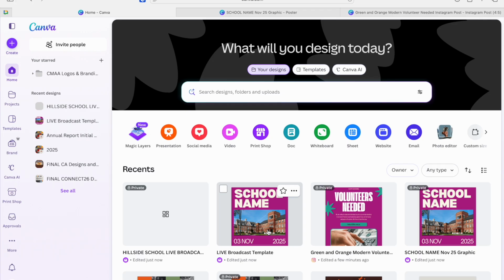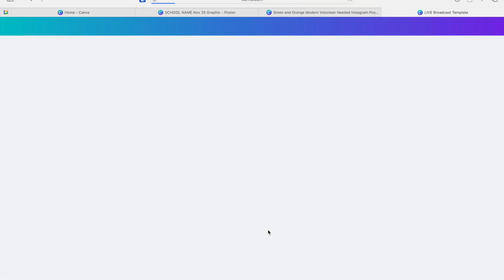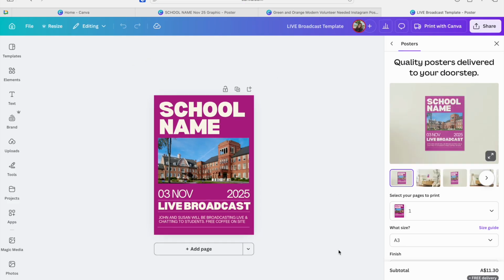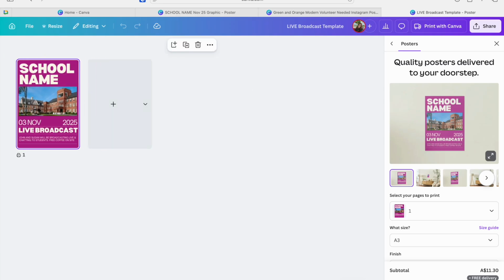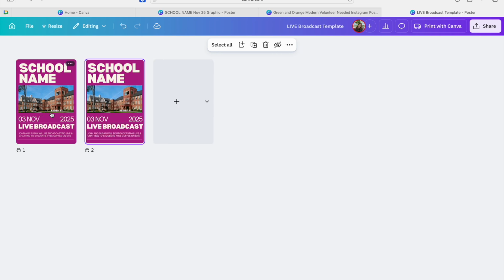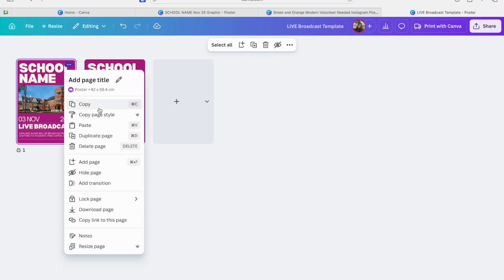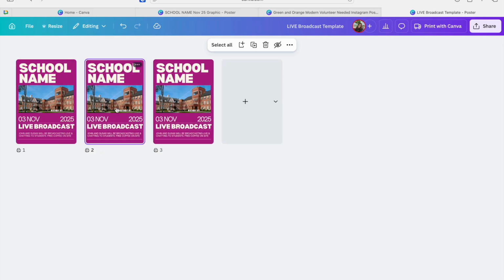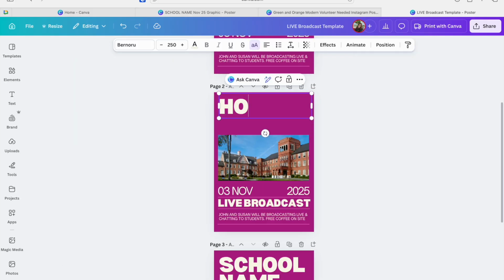Another way to do that is we can go into our template, and we can simply keep the template as is, as page number 1, and we can come down here to see these 4 little boxes, and this shows us all of the pages that we're working with. And so if I single click on the page and Control C, Control V, copy and paste, or you can do it up here, copy and then paste, or duplicate page, next time we can do Hills College,